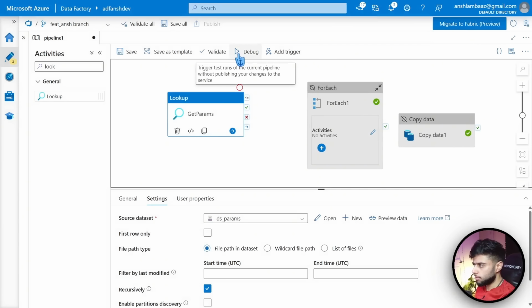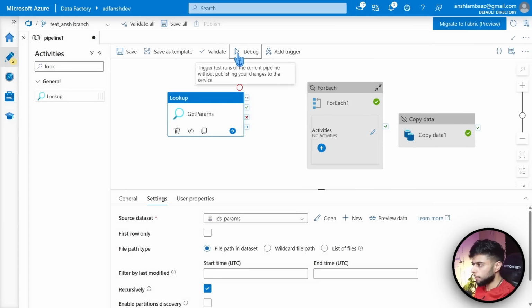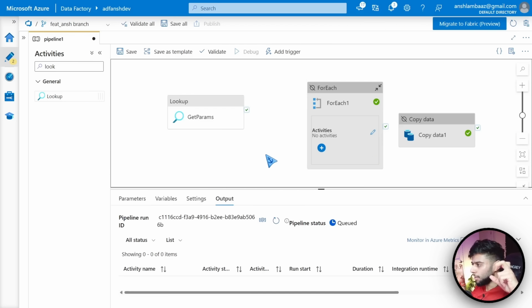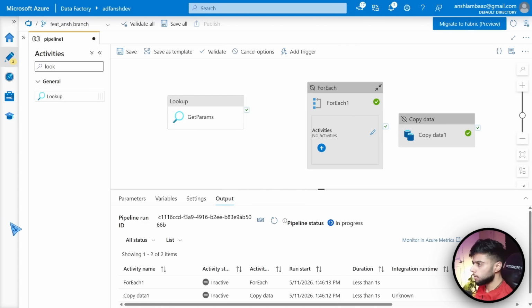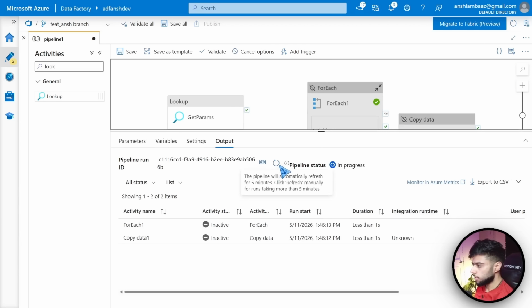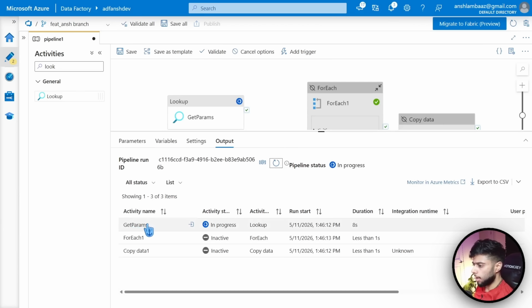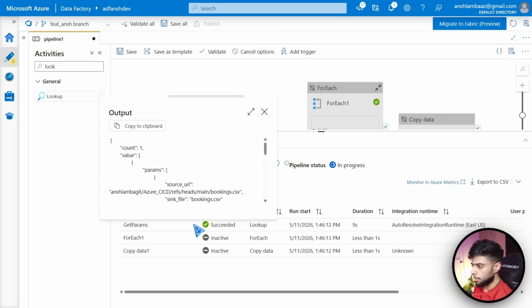Let's try to debug this particular pipeline just to see what we get, because we need to run this thing. See, when I clicked on debug, I got the option to override the parameters. That's how we do it in production as well, on a special demand. Remember this thing. So this is done, and this activity is running because these two are deactivated. I just want to see the output of this file, just to see the value. See, this is the value, and value is the key that I'll be using, and inside the value key